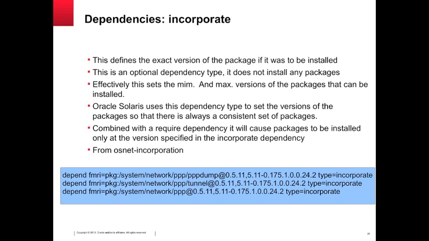So, what we have here, in this example, we say we've got the OSNet incorporation. It says, I have an incorporate dependency on PPP dump at this version. It doesn't actually cause it to be installed. I'm belaboring that point, by the way. It just means that when you come to install that package, it will be installed at that version and at that version only. You can't do anything about that. And same with all the others. And that's actually a very, very important concept to understand,